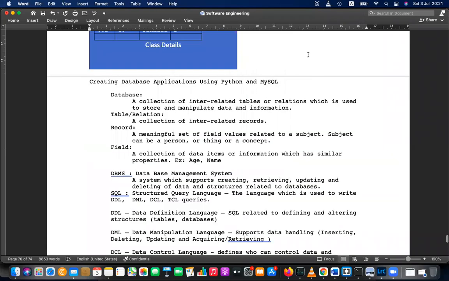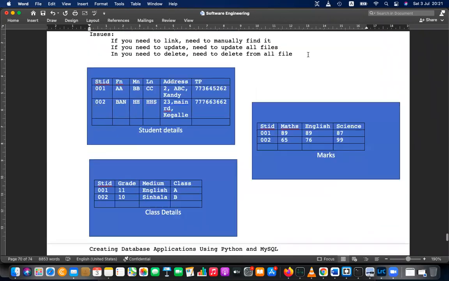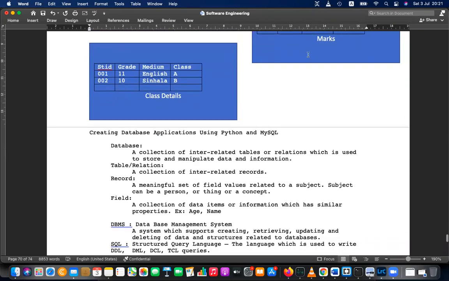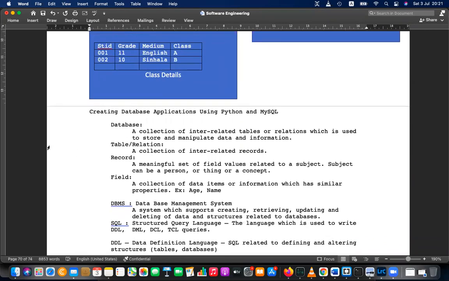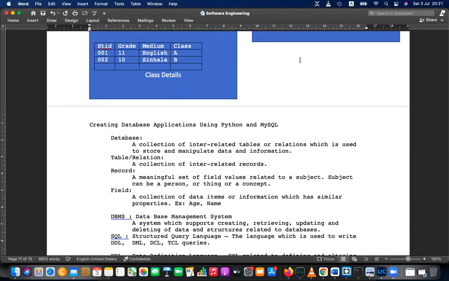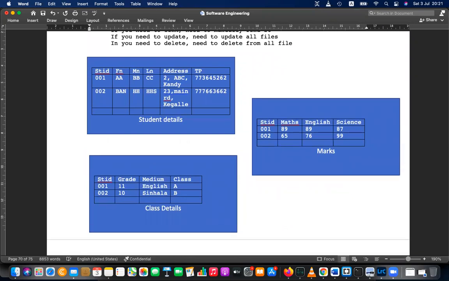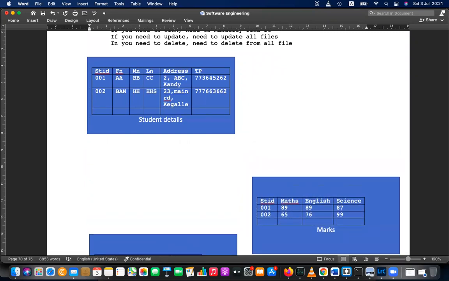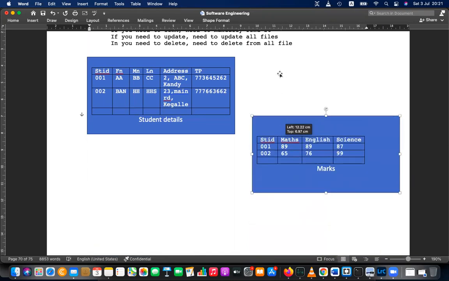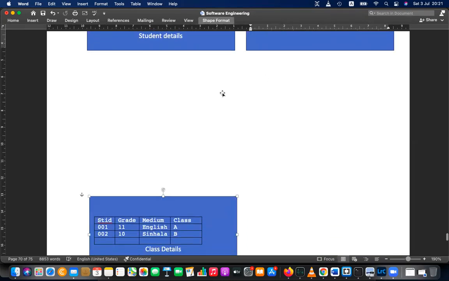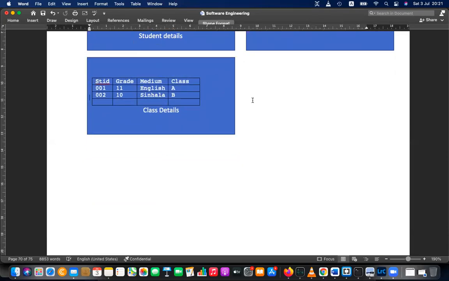So the solution is relational databases. So why do we discuss the flat file? Because the solution to this problem is relational databases. So please write as a solution to this problem. When there's a problem, there should be a solution as well. No? Problem itself is not enough. If you're having a problem, there should be a solution. Okay, the solution to this problem is called relational databases.